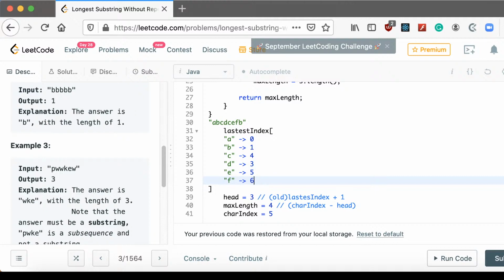F is 6. Okay, and then B, we see B again. And we find that we already have it in 1, but because the head we only calculate from 3. So in fact, we don't care about that. It's not in the max length. So it's okay to still put it. The child index is 7, and then